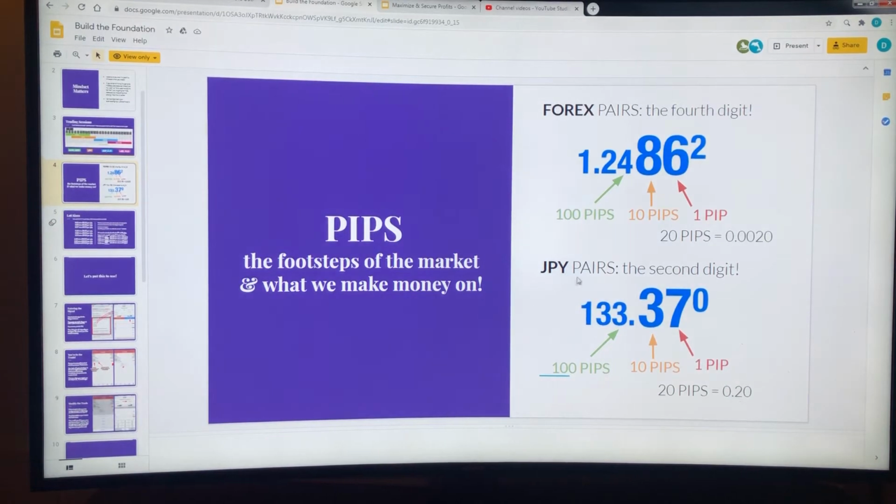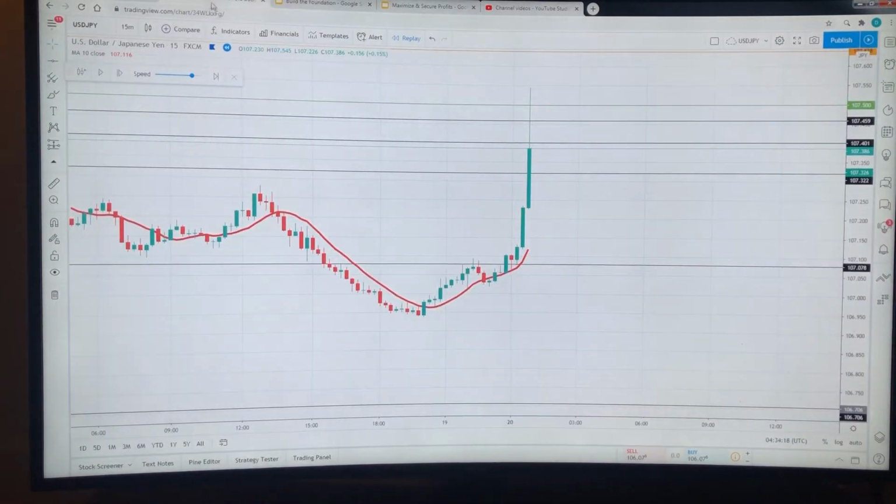Okay, this is a JPY pair. This is how you're able to count your pips. The two numbers that are after the decimal are how you're able to determine it. 38 would be 1 pip up. If it was 36, it'd be 1 pip down, right? So it's the two numbers that are after the decimal. So going back to the chart,